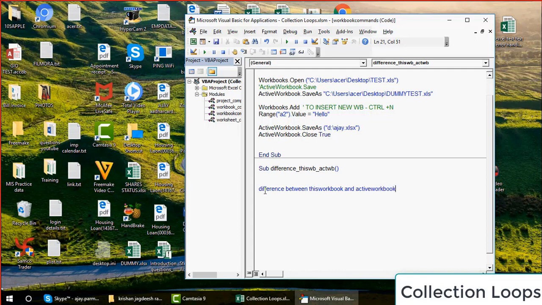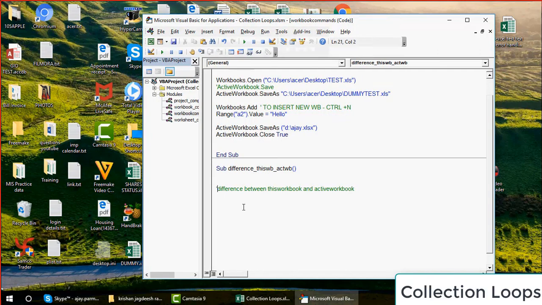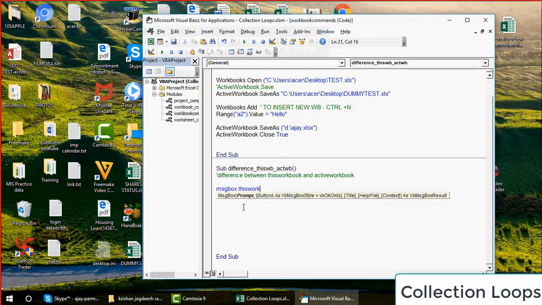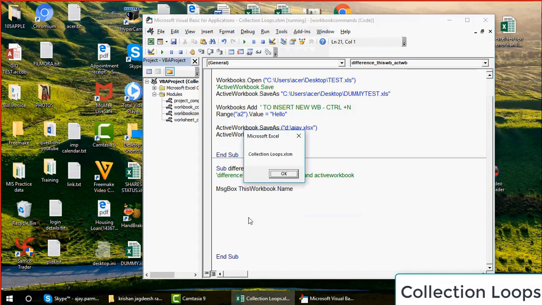What is the difference? Guys, understand. If I go and write here in the message box, for example, message box, this workbook dot name, right? What will happen? You will get the name of the file.